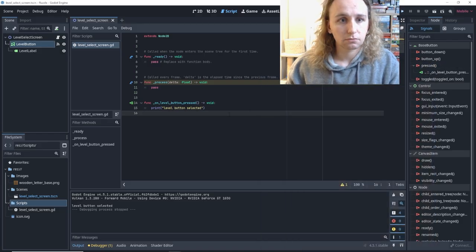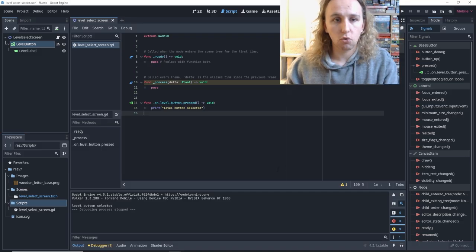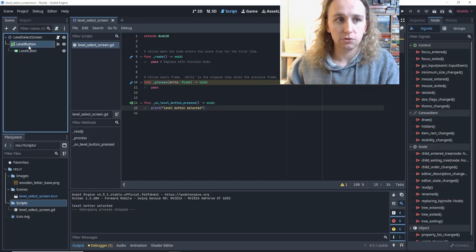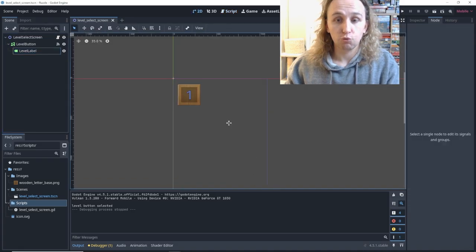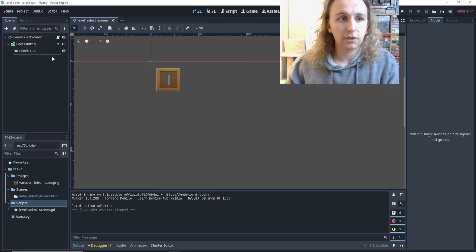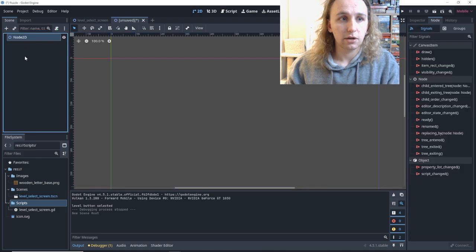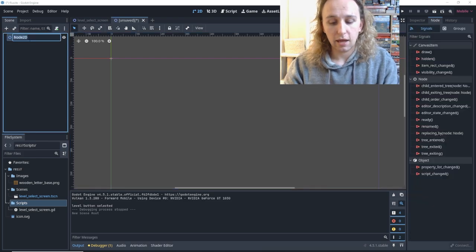Very good. Okay, so now it's time to think about a core concept of Godot, and that's the idea of reusable scenes. So what we actually want to do is we want this level button and level label to be reusable, so we can spawn a whole bunch of levels. We can go level 1, level 2, level 3, level 4, level 5, level 6. And so what we want to do actually is come here and make a new scene. We'll do a node 2D scene again, and we'll call this